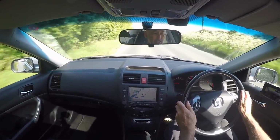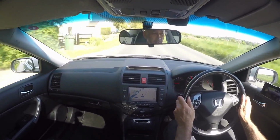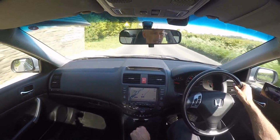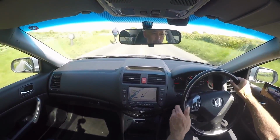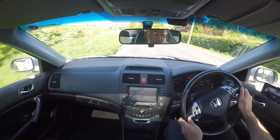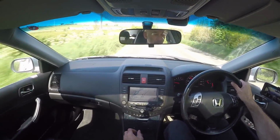The quality of the gear change is nothing short of remarkable, for 2 reasons. One, it's lost none of its precision over the last 14 years. It feels all but as new in terms of its actuation and the crispness of its movement, but it's just the quality of it. In a world of cars where manufacturers seem to think that'll do, it's a real...